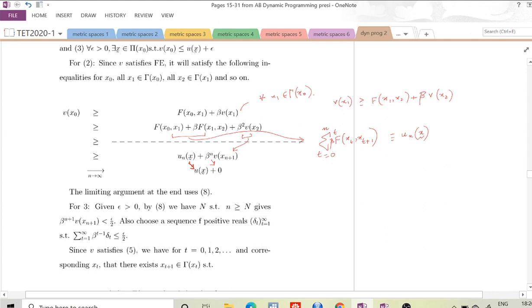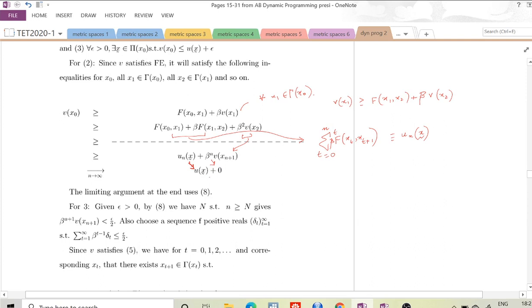In this argument, at each step, we have a greater than or equal to for any feasible next state. So for any feasible x1 in the next stage, for any feasible x2 at the next stage. And so this argument holds for any feasible plan. All right. So that's the first requirement